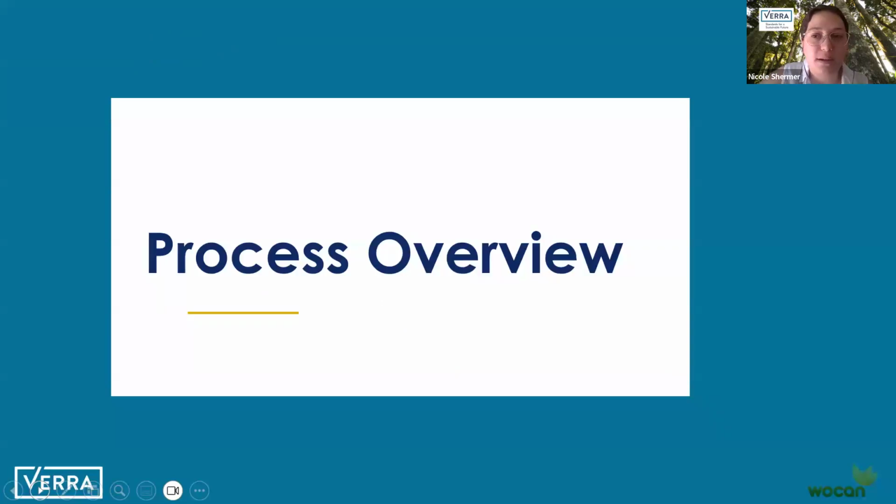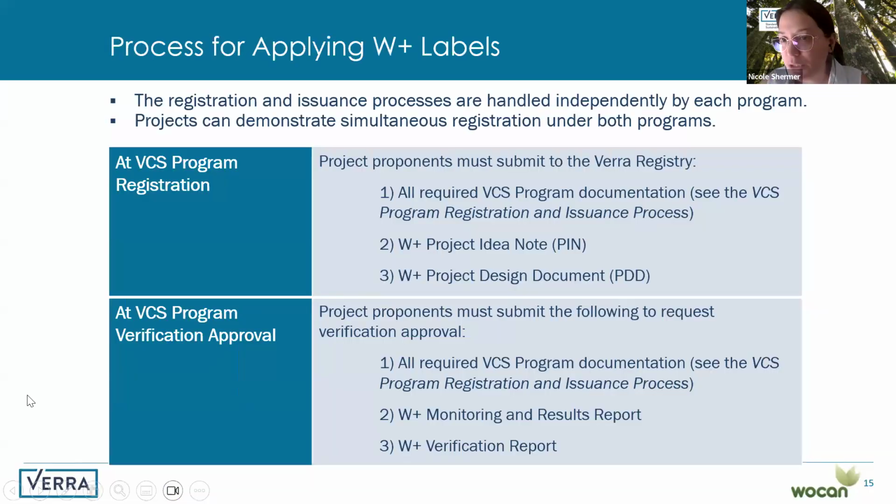So now we will talk a little bit more about the process. So what do you have to do in order to obtain a W+ label? In this new version of the guidance document, we really zoomed out and thought we need to make this a lot simpler, straightforward, and flexible for projects that want to apply both programs to their projects. And the easiest way to do that, we realized, is that the registration and verification processes continue to be handled independently by each standard. However, you can demonstrate conformance with the W+ standard by having your W+ standard project documentation